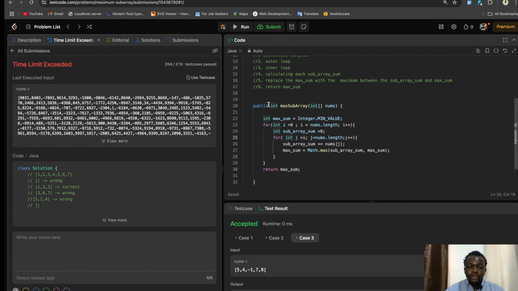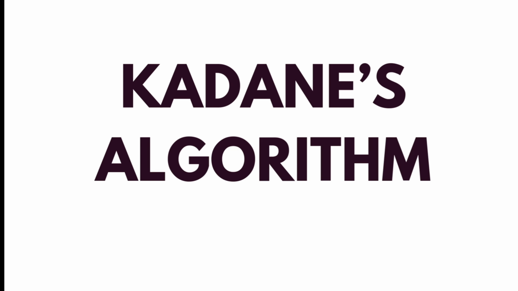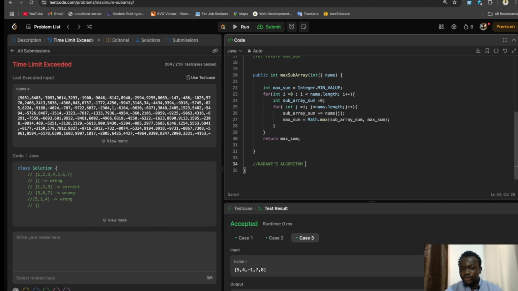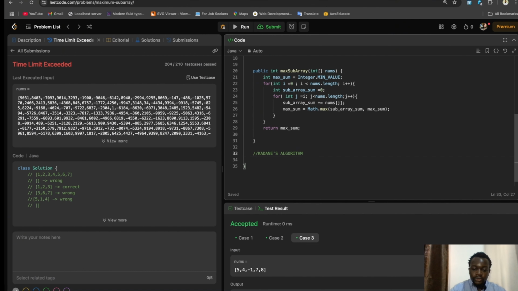So because of this, we will be doing the optimized solution, which is Kadane's algorithm. So this is why you shouldn't use brute force to solve your simple problems with a small size of array. However, it won't be able to solve this large set of array. So this uses what we call sliding window technique. So maybe in another video, I'll get to explain in detail what sliding window technique does. In this video, I'll just give you a brief description and overview of everything so that you can get on